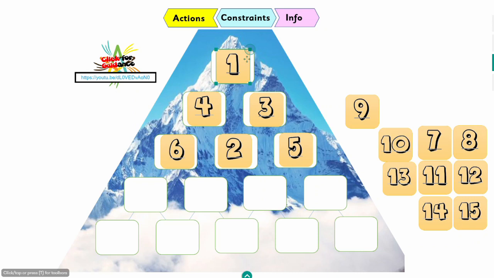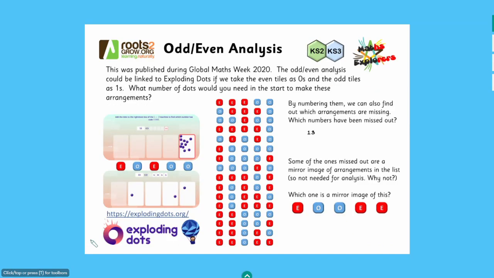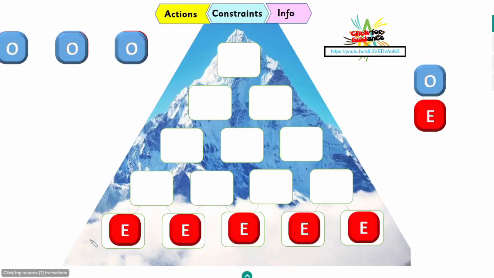But we can make it more difficult by adding in perhaps the numbers up to 10 and do the second row. So we could use the second row if we added the numbers up to 10 in, or use all the numbers and go all the way to 15. Alright, so that's another puzzle that we can do, and it's a tricky puzzle though. It is a tricky puzzle. So what we might want to do is do some analysis on it,